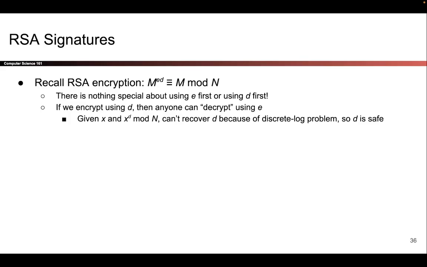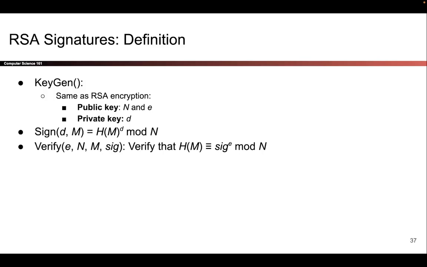So that's the idea behind RSA signatures. We're going to use the same correctness proof from RSA encryption, but we'll do the steps in reverse. We'll start with D and then raise to the E power to verify. So more formally, it looks like this. The key generation algorithm is exactly the same as RSA encryption. The public key is N, product of two primes, and E, and the private key is D, which is the inverse of E mod (P minus 1)(Q minus 1)